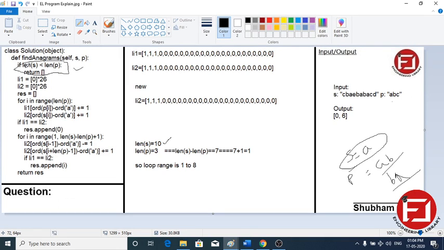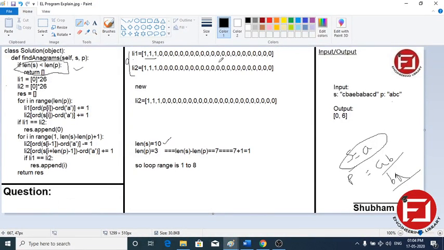Now we are creating two lists with length equal to the number of alphabets in English, so there are a total of 26. We are creating two lists of this type. Initially these two are all 0, and they are updated after each iteration.